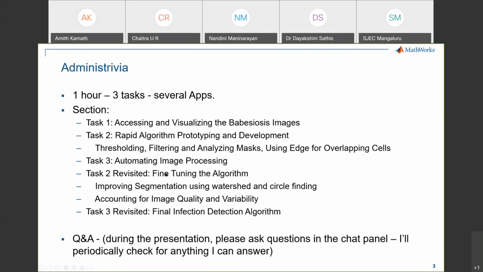And after that, we'll try to show you how you can automate this. Meaning, all of this you sort of do one at a time, and it may be time consuming for doing this for several images, and we'll try to show you how you can do this for multiple images altogether, right? Finally, we'll then revisit this algorithm development for image analysis, and we'll try to improve these methods using